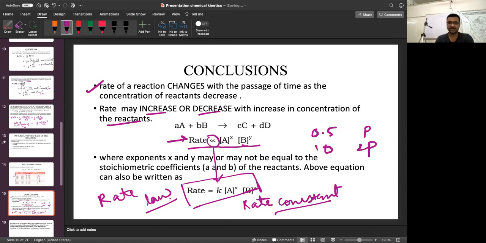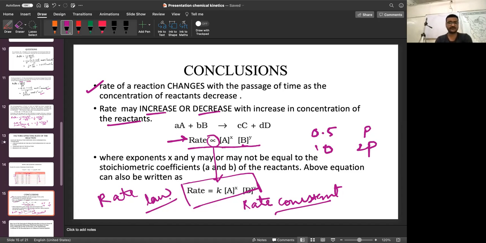So what is the rate law? Rate law is an equation which correlates the change in the rate of the reaction with a change in concentration of the reactant and a constant K. Okay. So where does this K come from? Since the rate of the reaction is proportional to the change in the concentration of the reactants, to remove that proportionality, we have to introduce a constant K, and this constant K is a specific property for any reaction. This is the value of our interest.